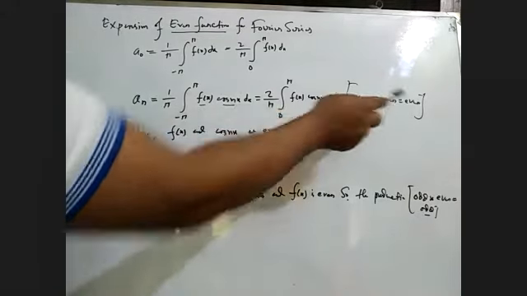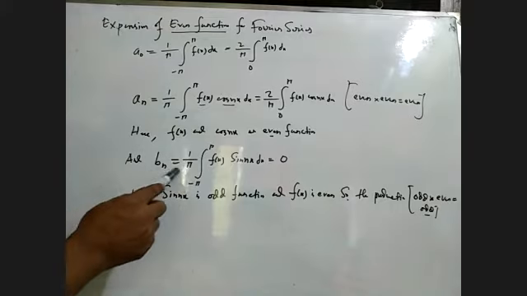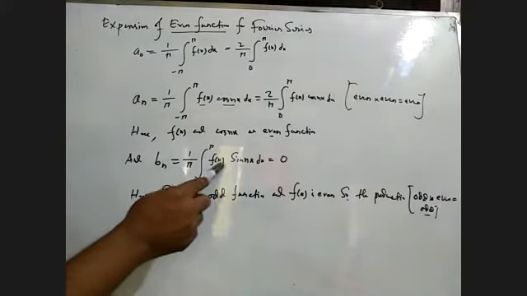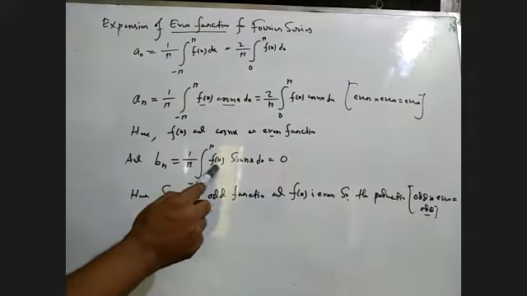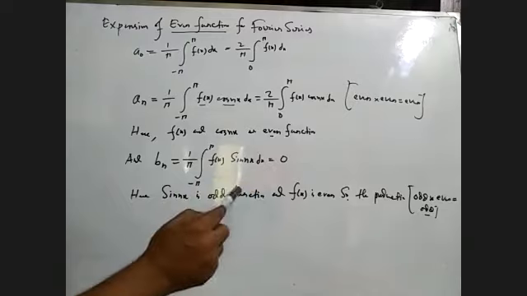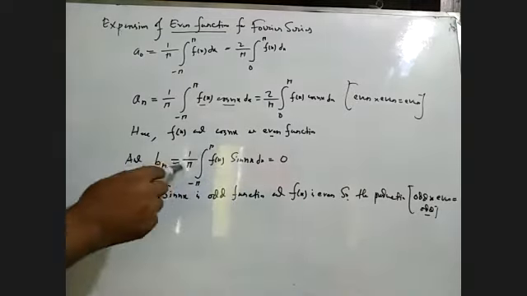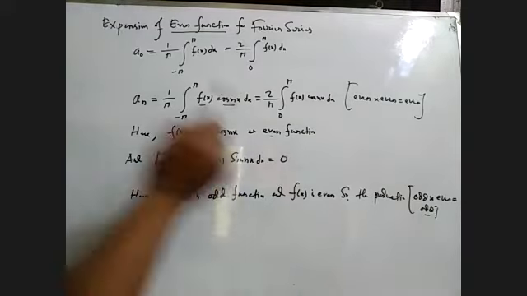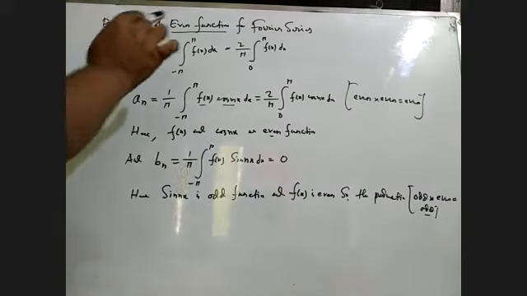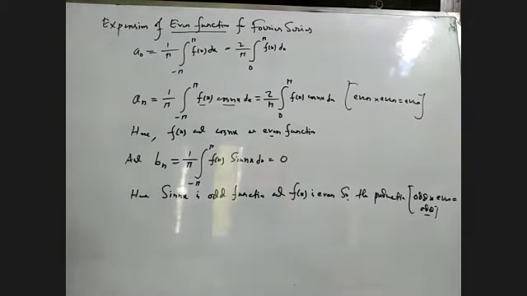And we must know even multiply even will also be an even function. Now the other coefficient, the sin coefficient bn, equals 1 by pi, integral from minus pi to plus pi of f of x sin nx dx. But here f of x is an even function, but sin is an odd function. This is why their multiplication will be an odd function. In that case, the total value of the definite integral will be 0. So this will be the expansion of an even function for Fourier series.